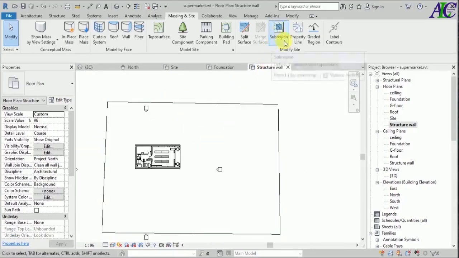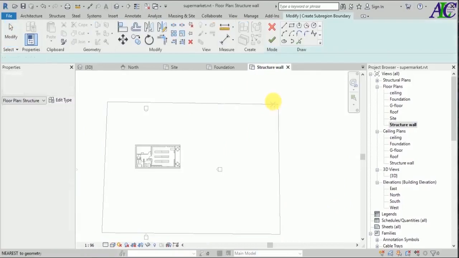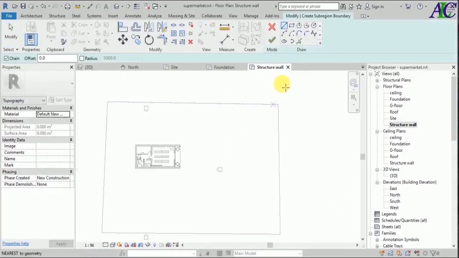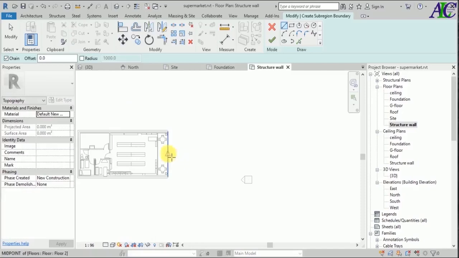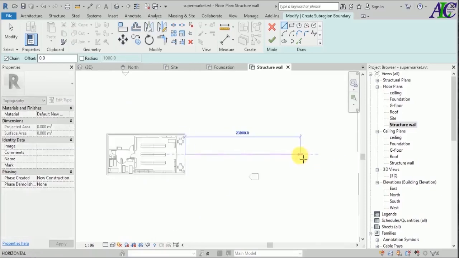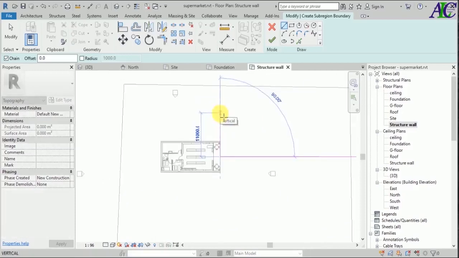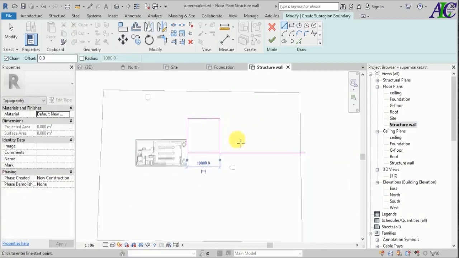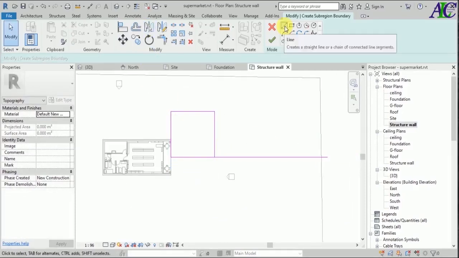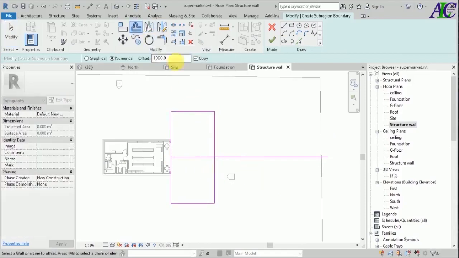Now I'm going to create a road in here or a street in here. Okay, so let's first create a line like this in here. So I'm going to first create some line and then